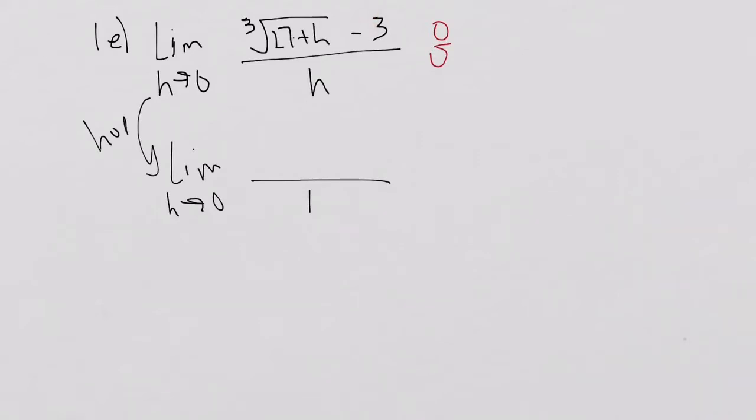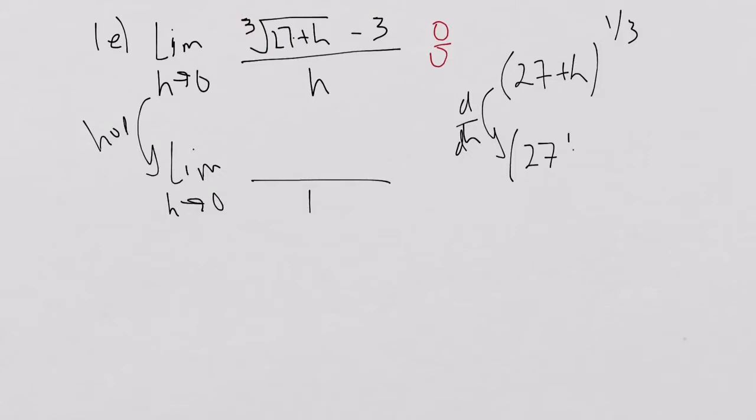The 3 here is going to go to 0. I'm going to rewrite this over on the side here to take its derivative. So that is the same as 27 plus h to the 1/3 power. From there, I derive that with respect to h. Just like with the last one, if you would prefer x's, you could change all of these h's to x's, and it would be just fine. But derive that with respect to h. I get